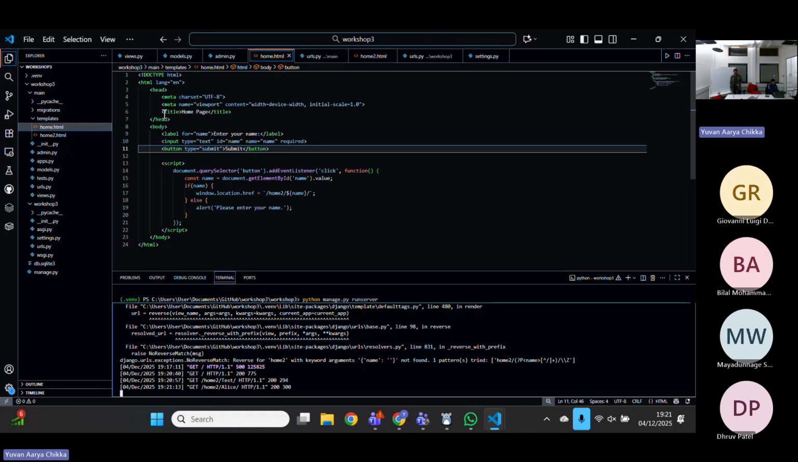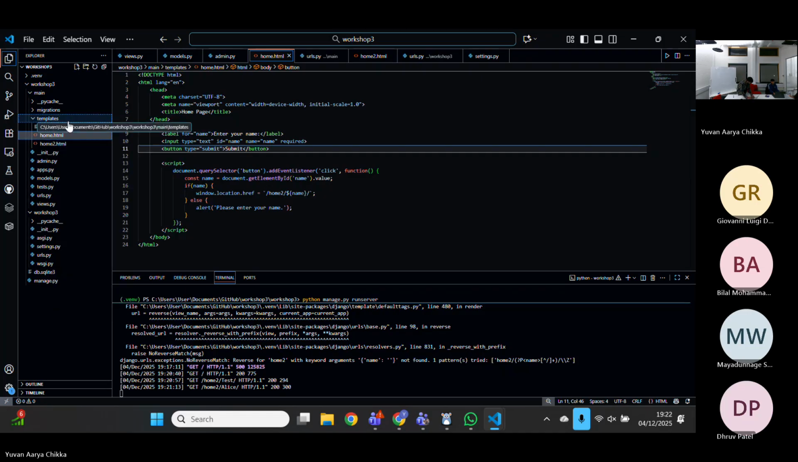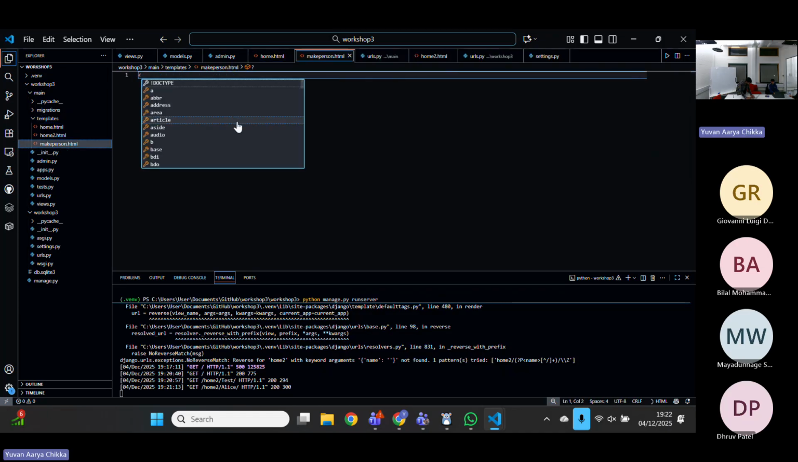But what if the user wants to create a person, right? They still can't do this because, of course, we've restricted the creating of people to the actual backend and not to the front end. So we're going to create a new page. We're going to create a new page called create person, and we're going to create the HTML file first. Make person HTML, and we're going to just